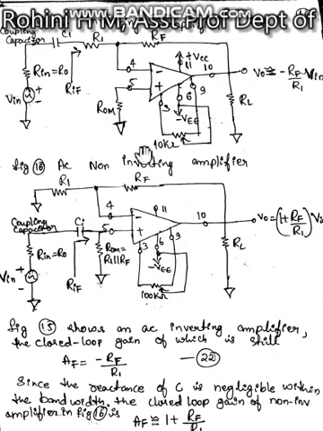Similarly for the non-inverting amplifier, we apply the input at the non-inverting terminal. There is one modification: here we are applying the coupling capacitor. The rest is all the same. As usual, for the inverting op-amp, the output voltage is minus Rf by R1 into Vin, the same. And here the output voltage is 1 plus Rf by R1 into Vin, which is also unmodified. The only thing is that we have included the coupling capacitors just to block the DC component.